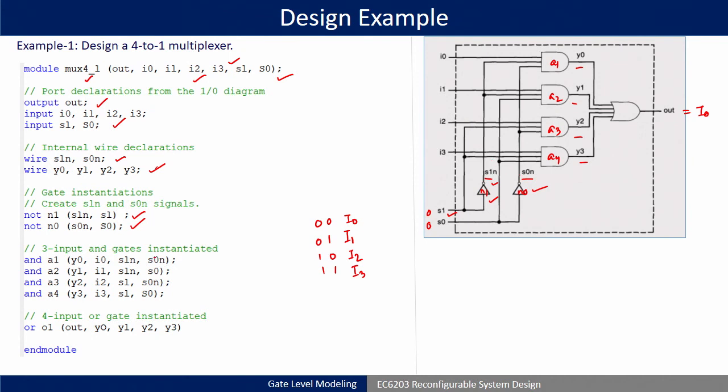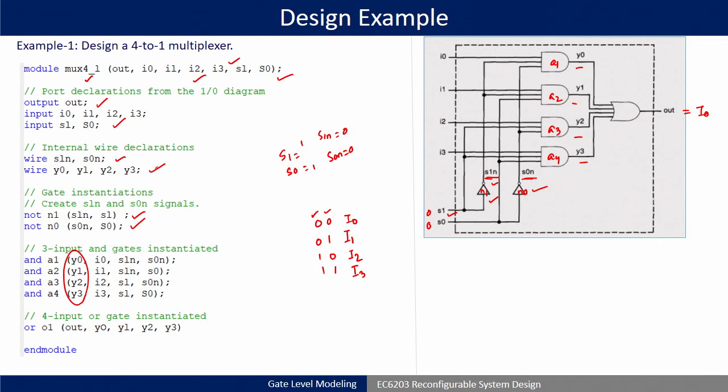So, see, when I am taking I0 as the output, then it will be 0 and 0. So, 0 0 here is decoded to S1n and S0n. So, that means here S1, S0, if I take 1 1, then S1n is my 0 and S0n is my 0. Okay. So, that we have taken. So, for 0 0 it is Y0, for 0 and 1 it is Y1, 1 0 Y2 and 1 1 Y3. This is well understood, you have also done it in labs. So, this is how you have to instantiate the 4 gates, which are 3 input gates. Okay. So, everywhere you have to write down the output first.